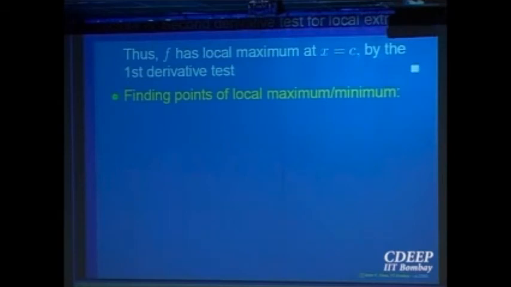Those are possibly some of the points of local maxima and local minima. What are the things we have excluded? We have excluded the points where the function is probably not differentiable. Local maxima and minima can come there also. And the points which are not interior points, so the points which are endpoints of the intervals. So we get a big set of points where possibly the function can have local maxima or local minima.